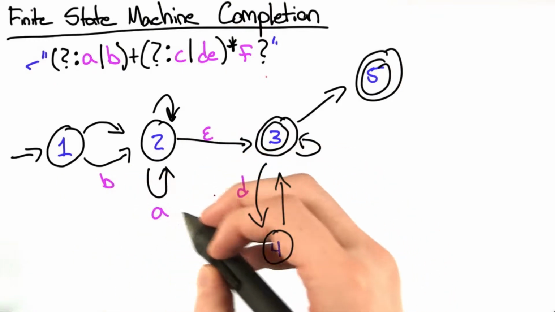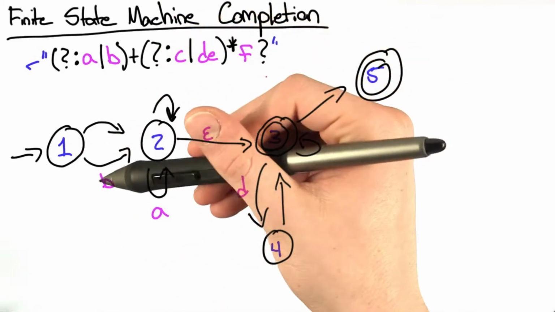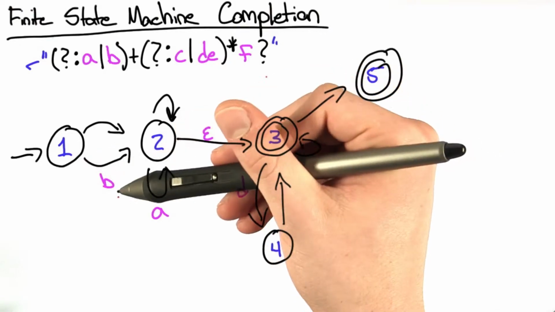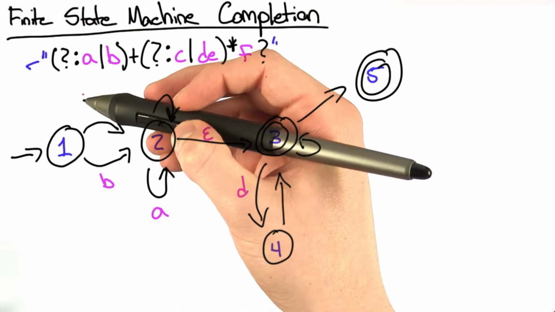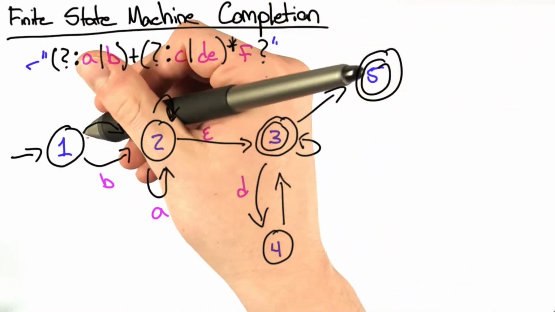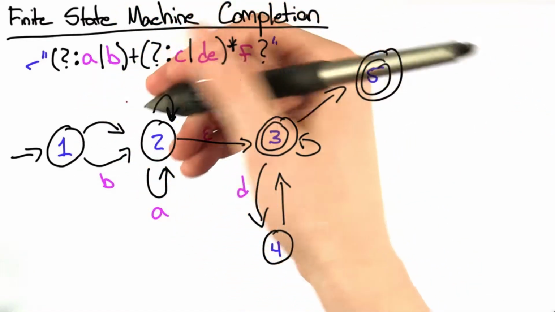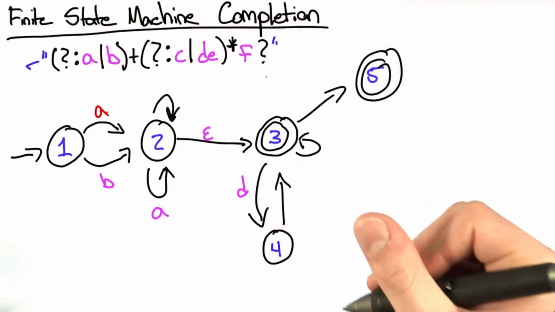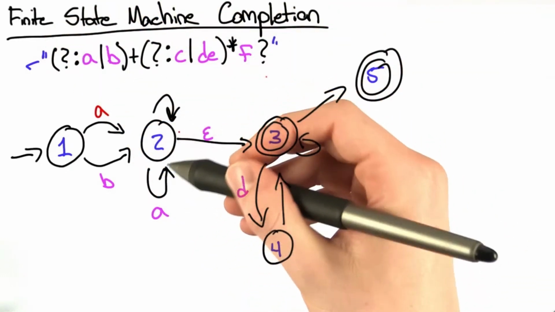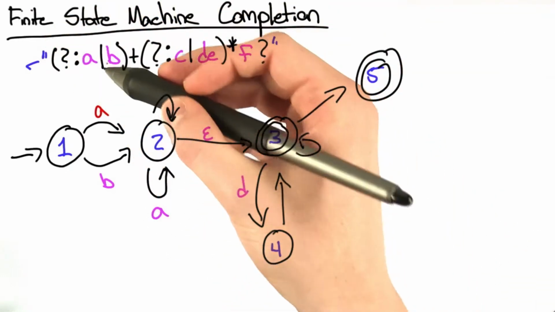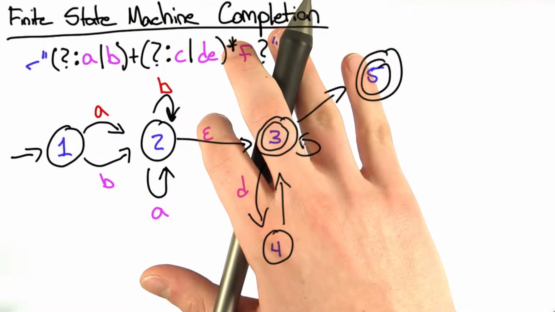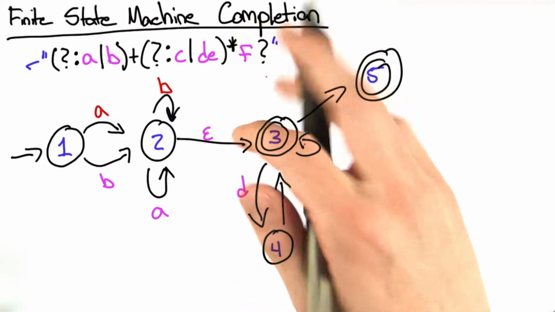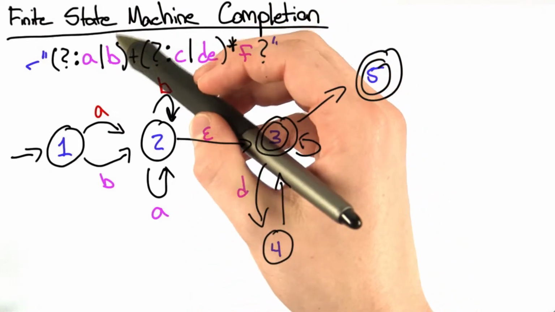partially built below. From the initial state, we go from 1 to 2 via B. Well, if we look at our regular expression, it's also valid that our first character is an A. So this probably means that this transition is an A. And here at state 2, we repeat with an A, but we can also repeat with a B as well. And so far, we have the first part of our finite state machine, in which we match one or more